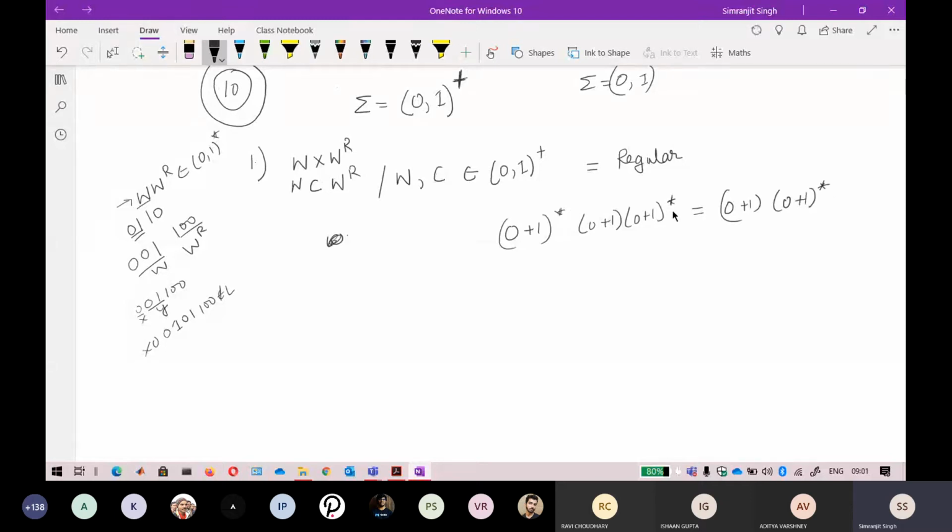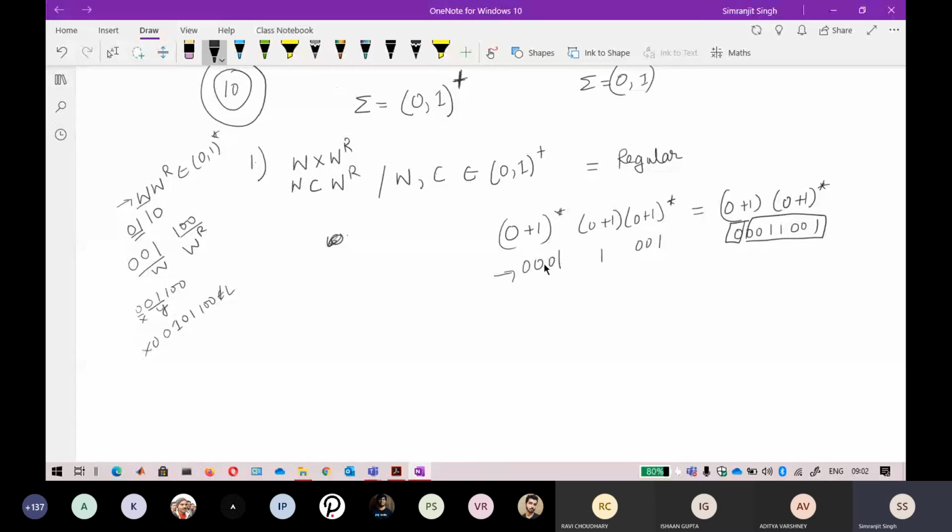So it is one and the same thing, both of them, because all of the strings generated from this one will be accommodated by the final 0 plus 1 star. So if I generate this string from this expression, and now I write the same thing, 0 0 0 1 1 0 0 1, this is one and the same string. So 0 can be taken from here, but the remaining thing can come under 0 plus 1 star. So that is the point here.